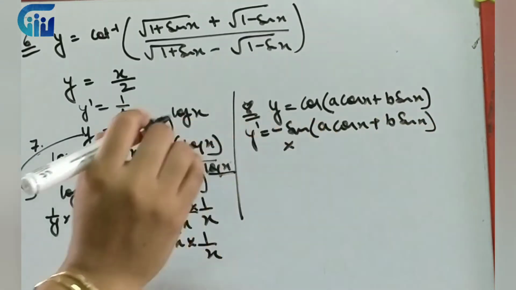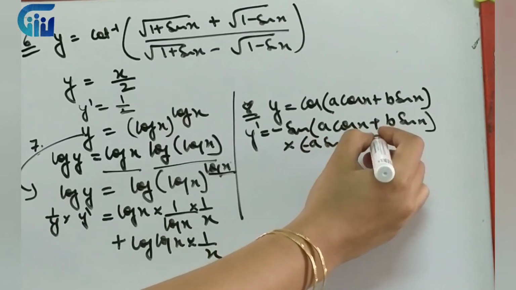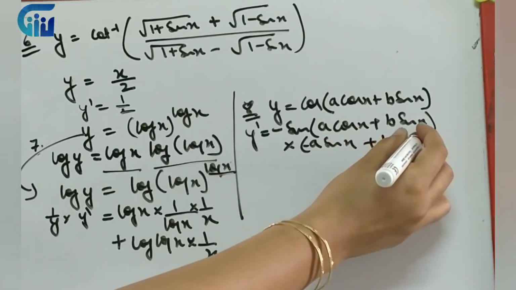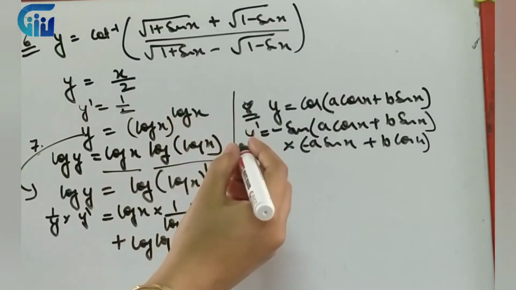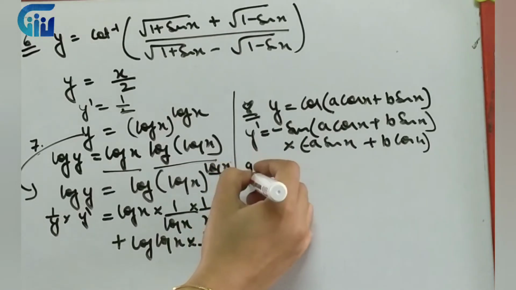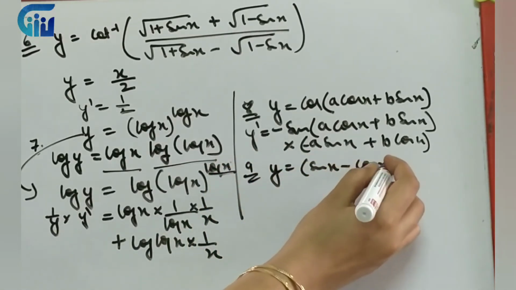Then just see the angle. So what we have, a sin x plus b cos x. So we don't have power, so we directly moved on to the function and then the angle, right? Then moving on to question number 9, you can see question 9 is sin x minus cos x.